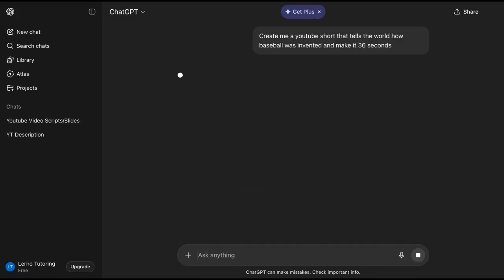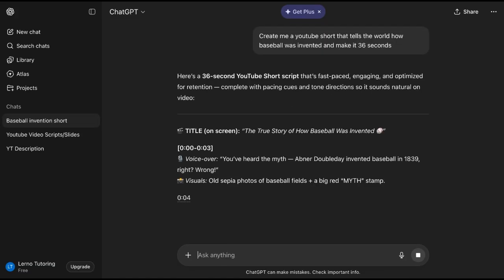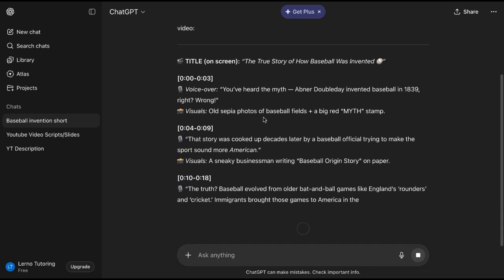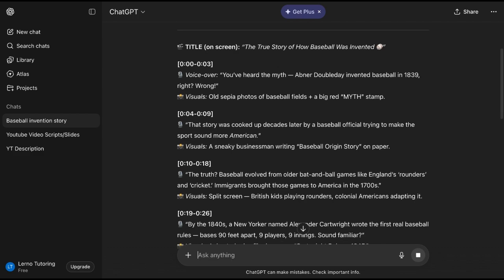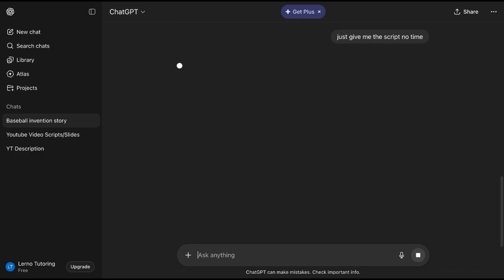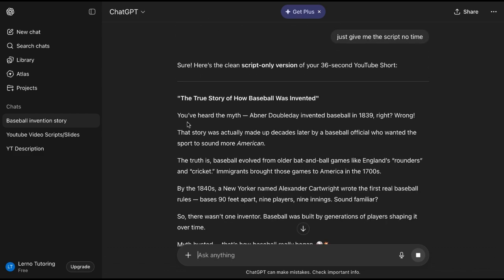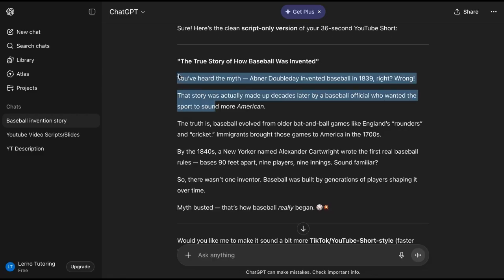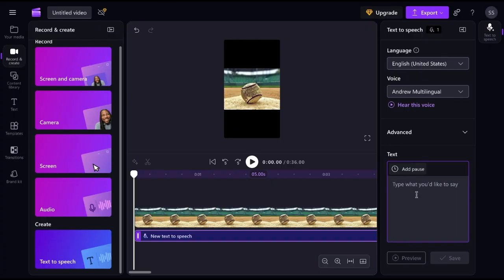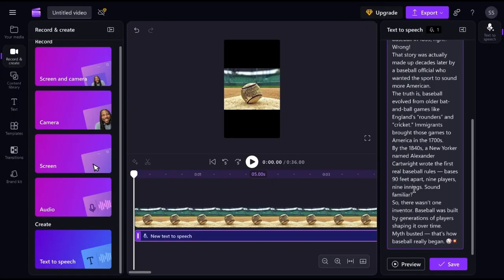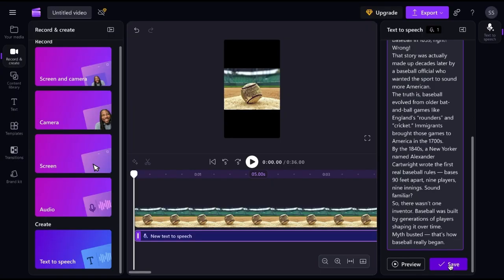So this is what I'm going to do. And I do not want to, so I'm just going to ask it, just give me the script. No time stamp. I forgot the stamp. Right. So now you're going to copy paste this and you're going to go here and we're going to press